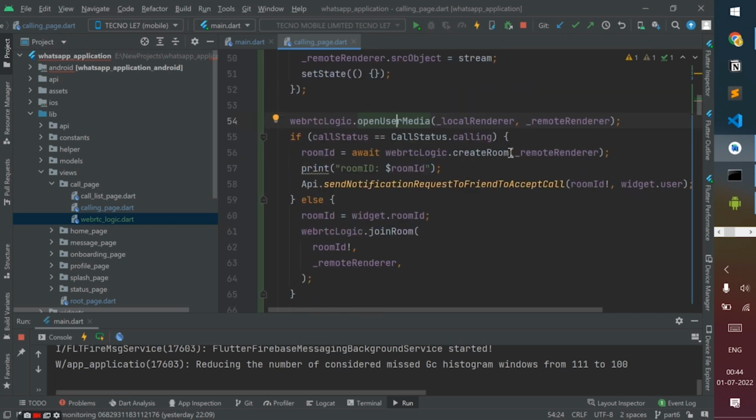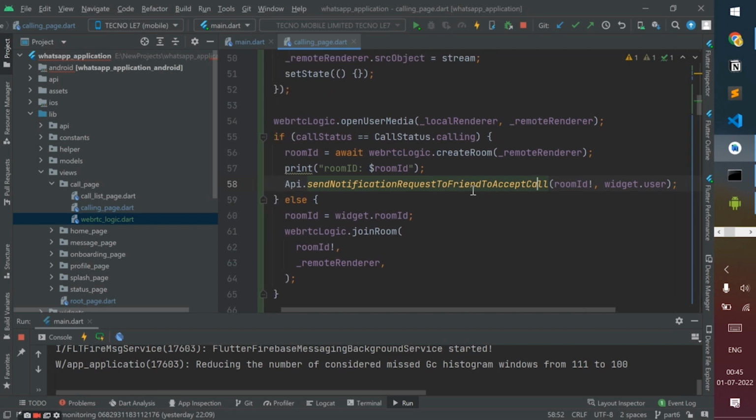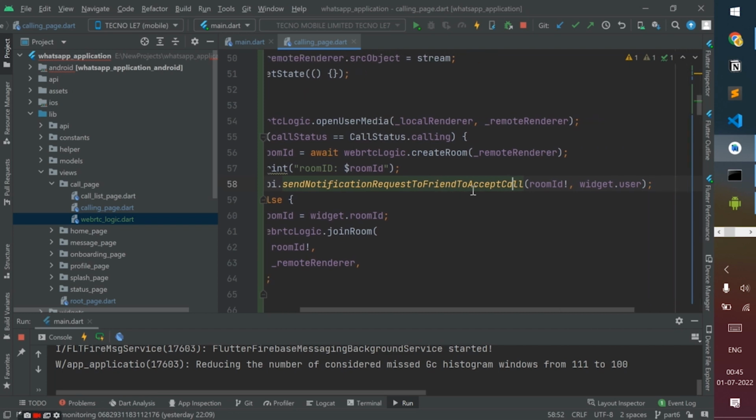Okay, after that, if the calling status is calling, that means the user is calling somebody else, then we are going to create a room which will return a room ID, and then we are going to send a notification request to the friend to accept the call. So basically we are calling our REST API that I have written in Python Flask,